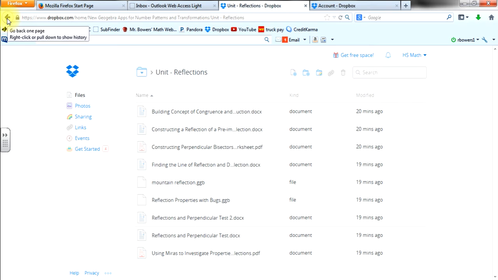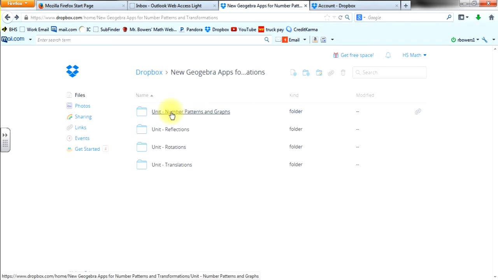As far as transformations go, I haven't done a whole lot of dilations, so we need to build that too. I think we should do dilations anyways, get all our transformations covered. So in the unit, I didn't title it with a number. I'm not sure how the number system works yet, where we're going to put what. But in this unit, number patterns and graphs,